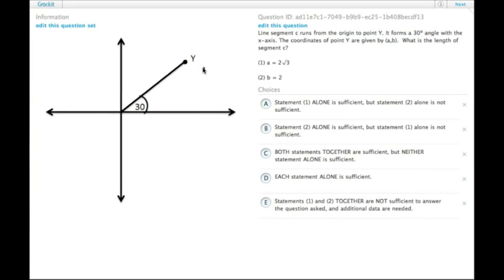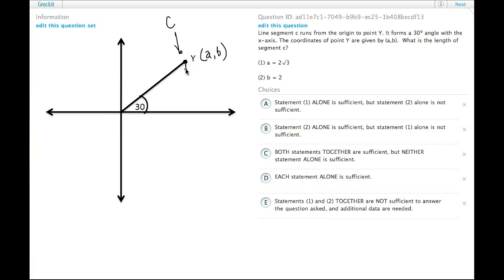So line segment C runs from the origin to point Y. This is line segment C. It forms a 30-degree angle with the x-axis, and the coordinates of point Y are given by A and B. The length of segment C is going to be easy to determine for us, actually, because what we can see